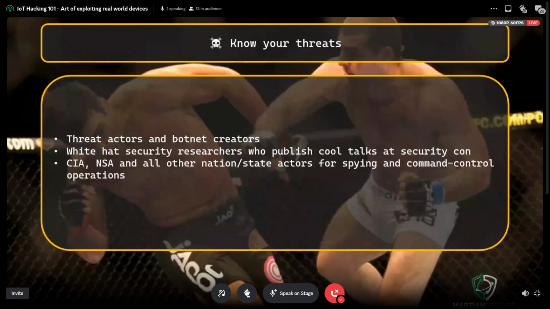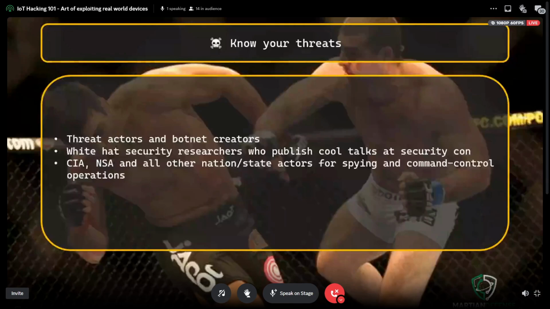And the third one will be the CIA, NSA, and all other nation state actors, where all the civilian casualties are at stake when we talk about IoT, for spying and command and control operations.